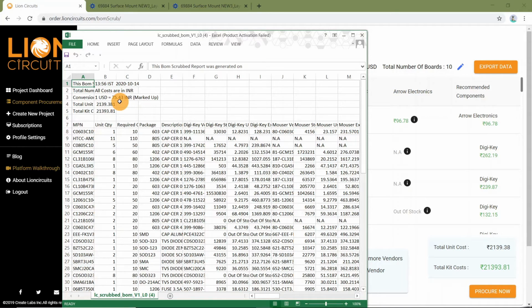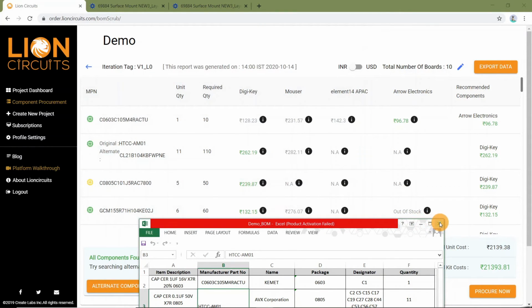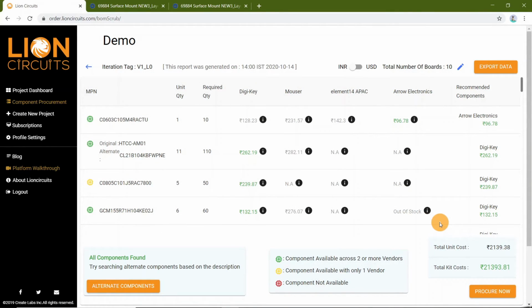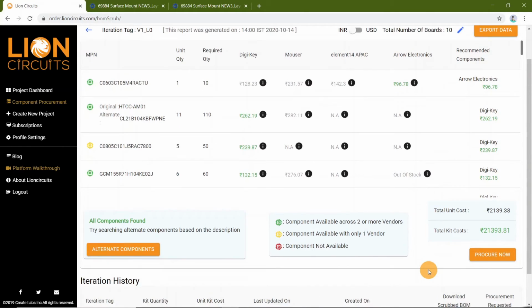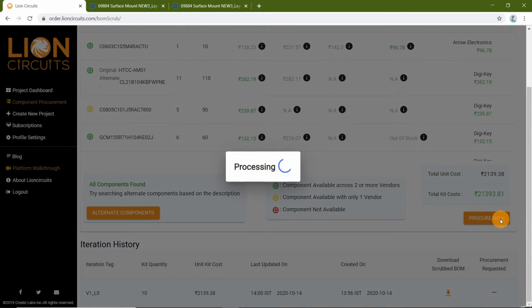So for 10 number of boards, total kit cost is so much, and the unit cost that would be coming is so much. And so this is how you shall have to do if you are willing to procure it by yourself. And if you want us to procure it for you, you can click on procure now, where the